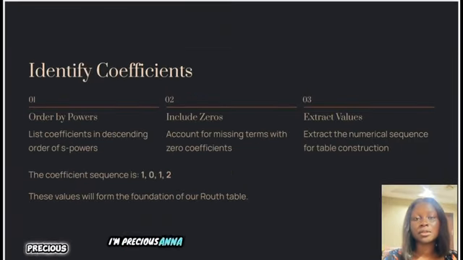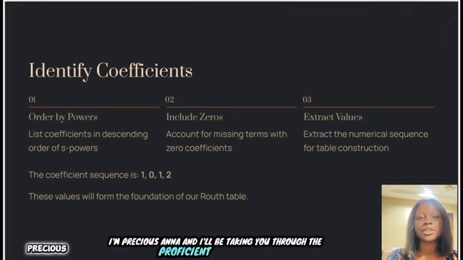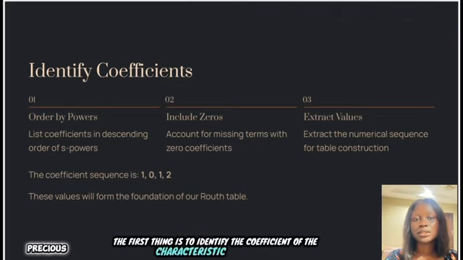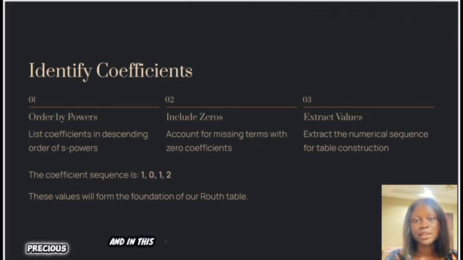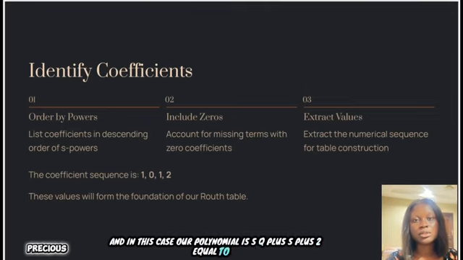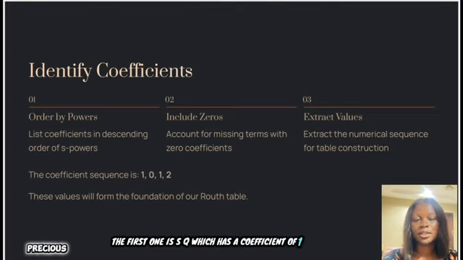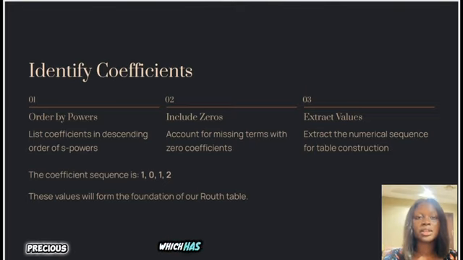I'm Precious Anna, and I'll be taking you through the coefficient identification. So let's start building our Routh table. The first thing is to identify the coefficients of the characteristic polynomial, and in this case our polynomial is s cubed plus s plus 2 equal to 0. So let's write out our polynomial from the highest term to the constant. The first one is s cubed, which has a coefficient of 1,